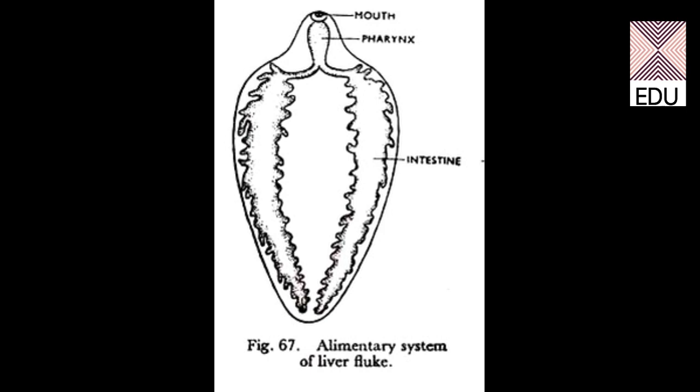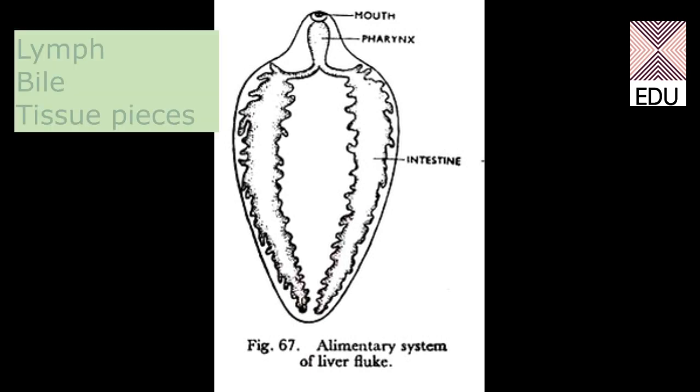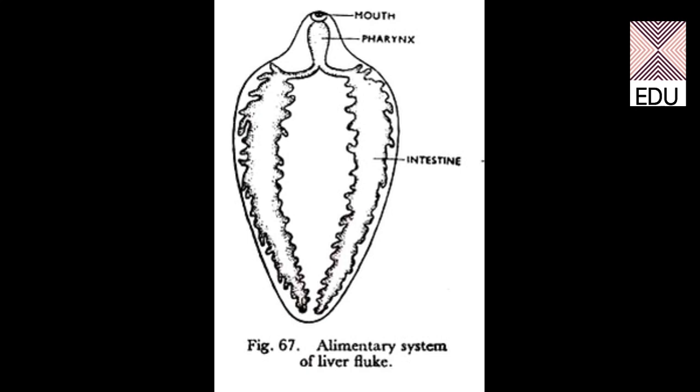digestion and absorption. Now, what happens when the flukes are hungry? They migrate into smaller bile ducts and capillaries for feeding. They suck upon the food. They can suck upon lymph also, or bile, or they can take tissue pieces. Now the oral sucker and the muscular pharynx serve as an efficient suctorial apparatus, as we have discussed